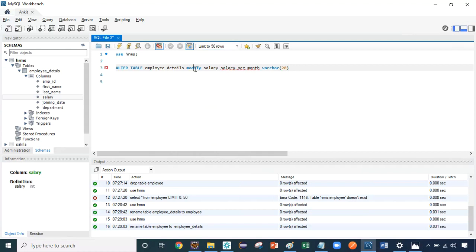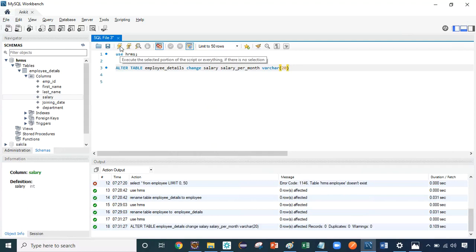Okay, we can use this change over here. Change, right? Salary to salary per month, and this should be the new data type. So this is how we can alter the table and modify the column name over here. Okay, so I will click on this one and we will see,